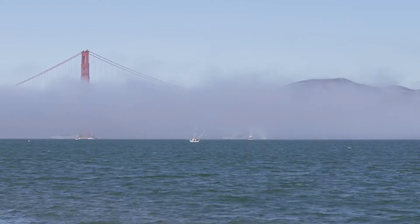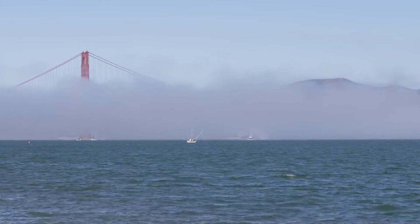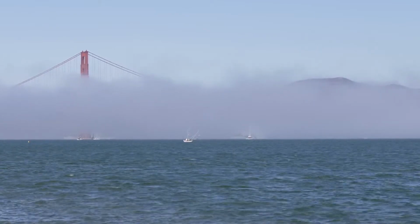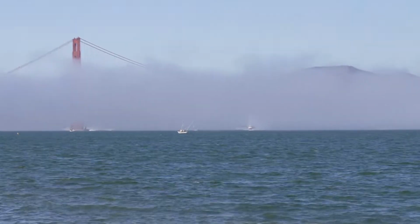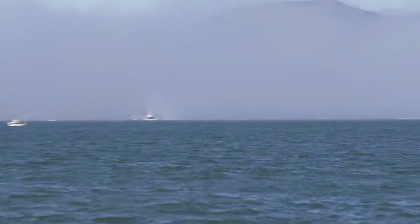What's up, everybody? It is a very foggy Friday morning here in San Francisco, and we are about to have a look at the parade of ships for San Francisco Fleet Week, or at least the parts of it that we can see. If you take a look way off here in the fog, you can just barely make out